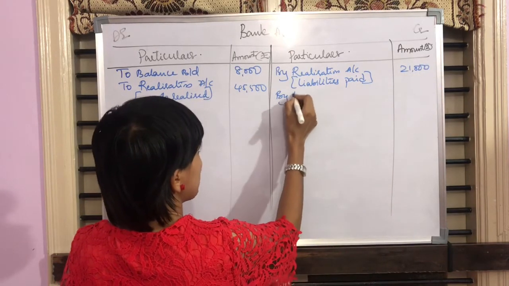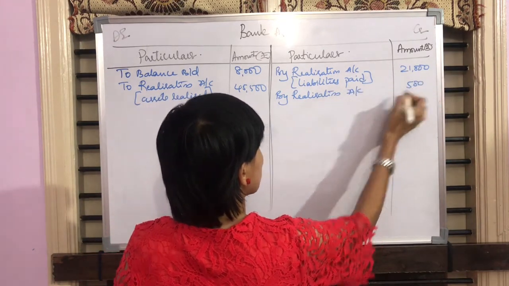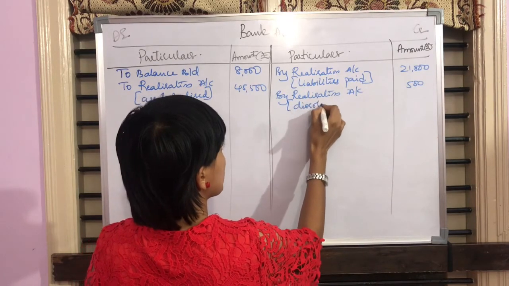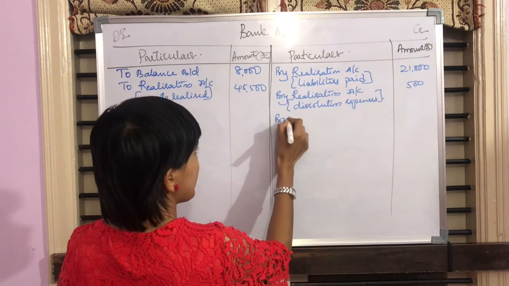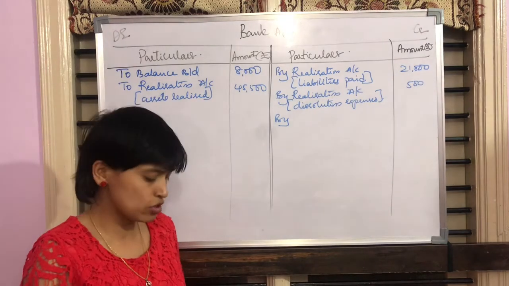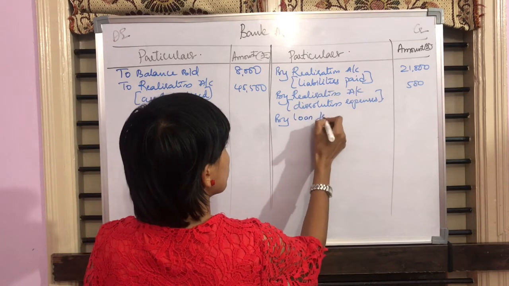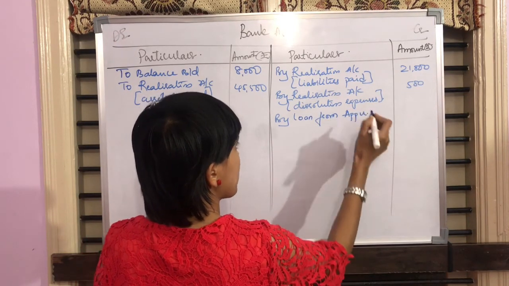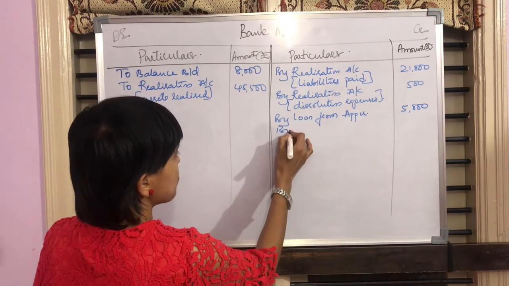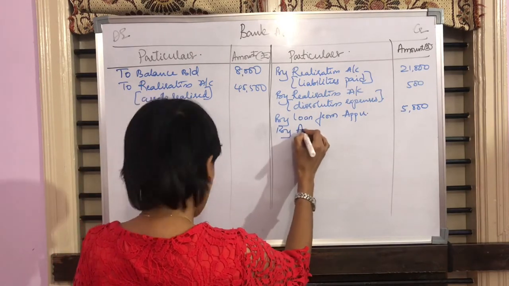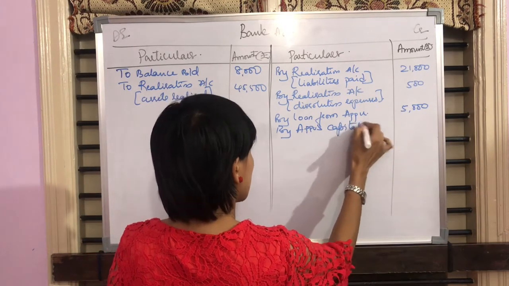We have dissolution expenses. So write it as by realization account, 500 rupees as dissolution expenses. Followed by, in the balance sheet, we have partner's loan. We have Apu's loan which is given in the question. So let us write it as by loan from Apu. Apu is the partner. His loan has to be settled, which is rupees 5,000. Followed by the capital of the partners. So the first partner is Apu's capital account